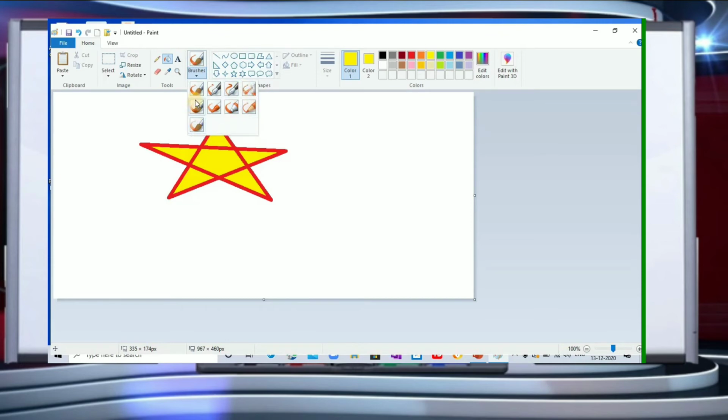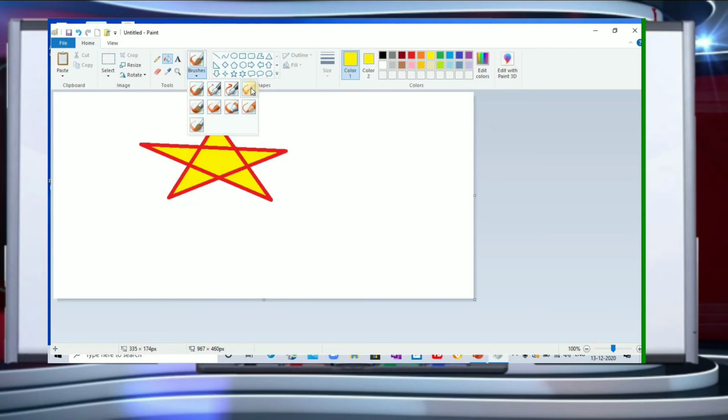If I pick up any brush, this is your calligraphy brush, this is your calligraphy brush 2, this is your spray airbrush tool, this is your natural pencil, this is your marker. When you pick up this brush, it is going to use that kind of texture in your drawing.